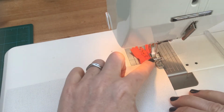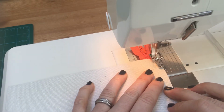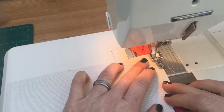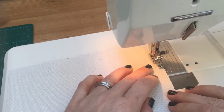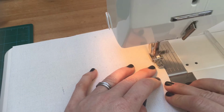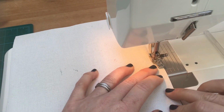So lining it up, the edge of my presser foot is right next to the ridge of the zip, and I'm just going to do a couple of stitches, and then I'm going to reverse back. Okay, and then I'm going to take this all the way down, moving my clips as I go. I can feel the ridge with my fingers, even through the faux leather, so I know I can keep my zip